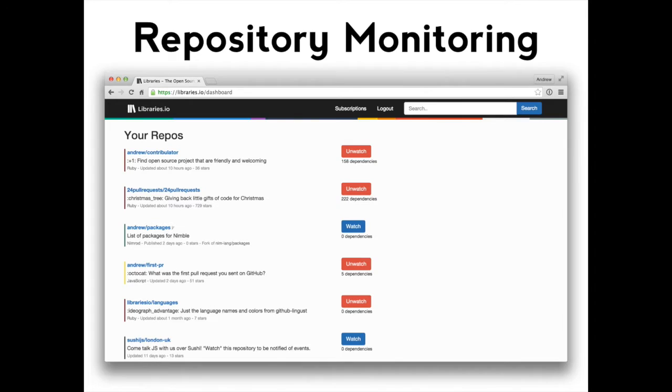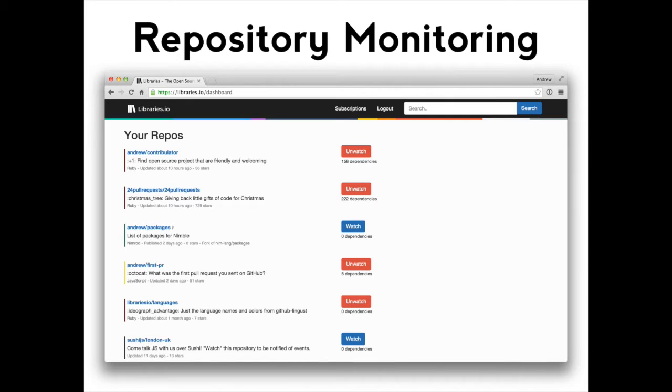So it can find everything in your package.json, your Bower, oh God, is it still called bower.json or is it called component.json? I don't know. Your Gemfile, your requirements.txt for Python, and then you can essentially say, subscribe me to notifications of new releases for all of those things.